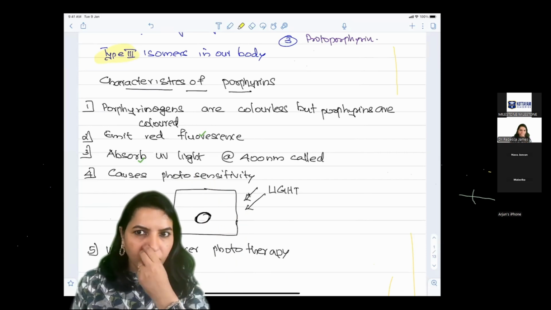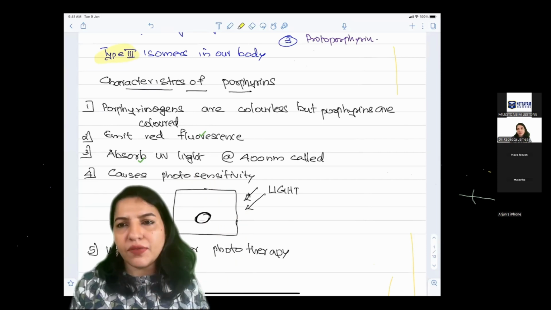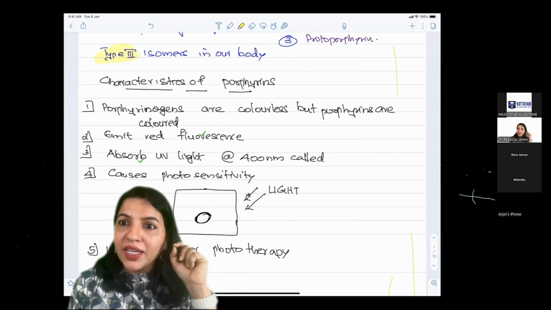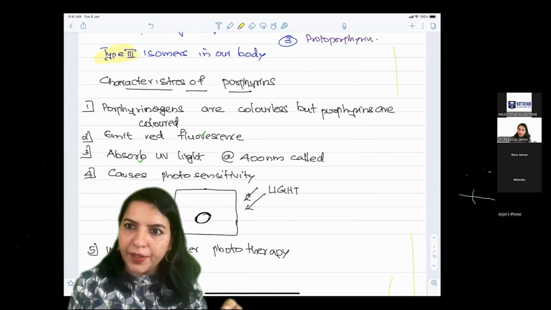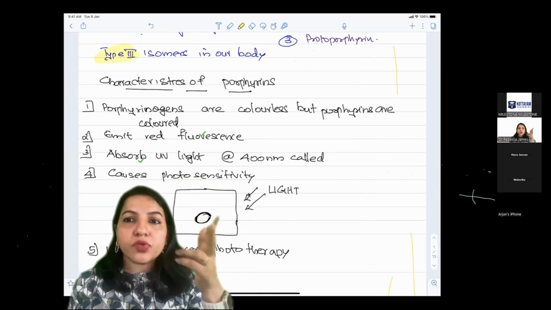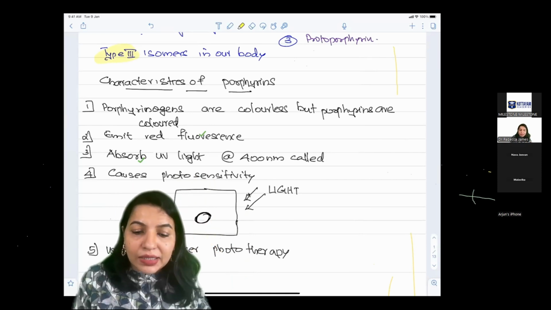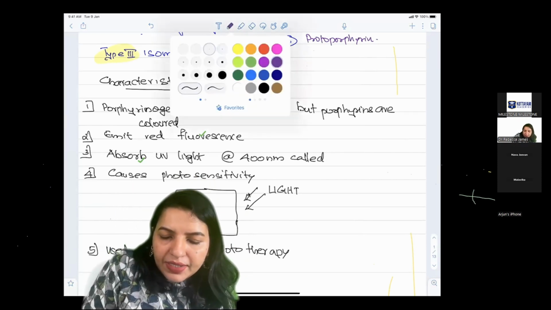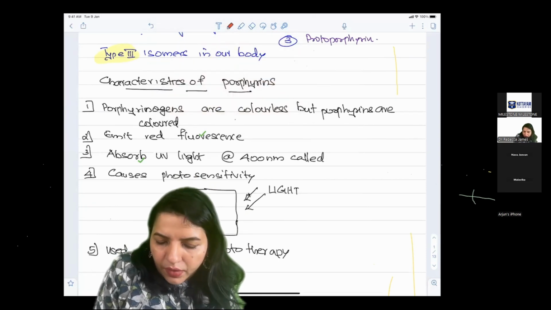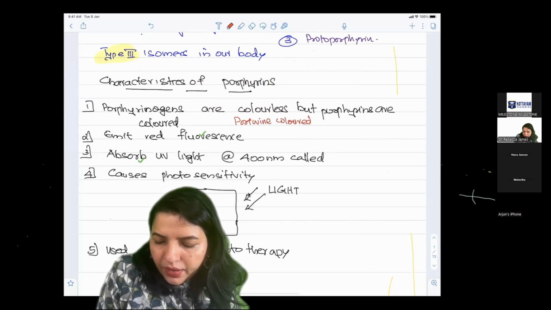That's the second thing. So what is the importance of it, or what is the significance of it? Which means, if we have a case of porphyria, then colored urine. So if porphyrin is excreted in urine, we will get colored urine. So one classical example for that is port wine colored urine